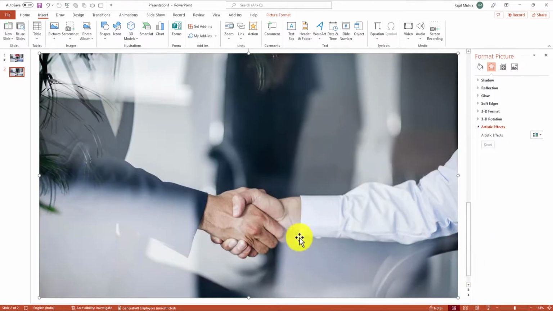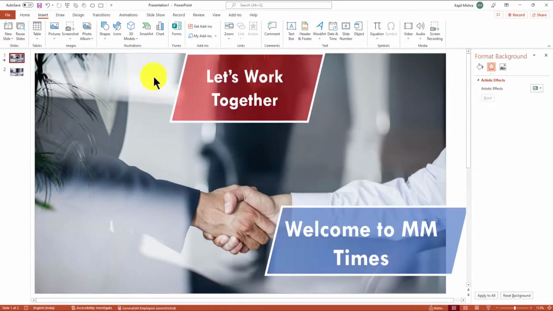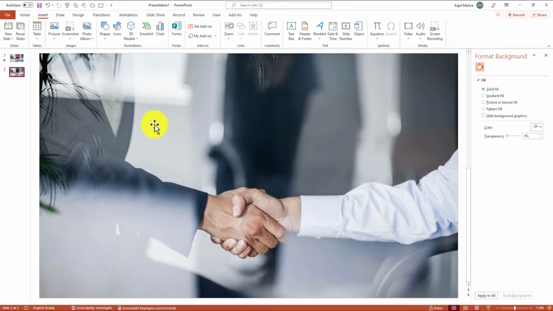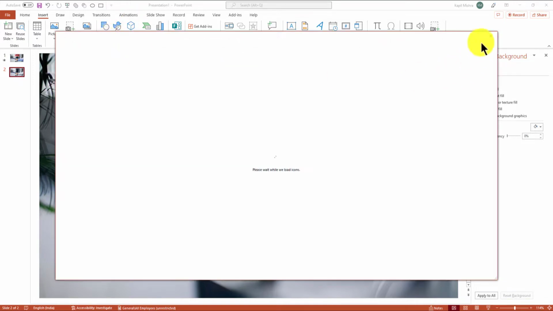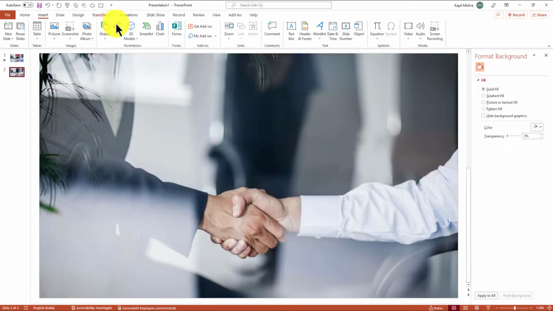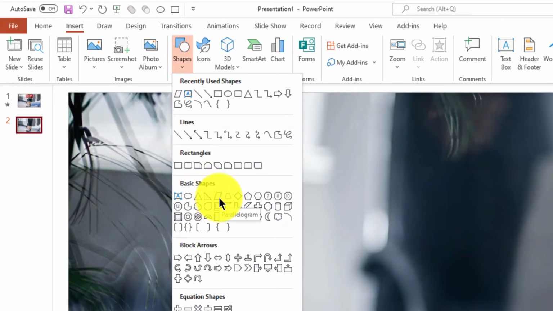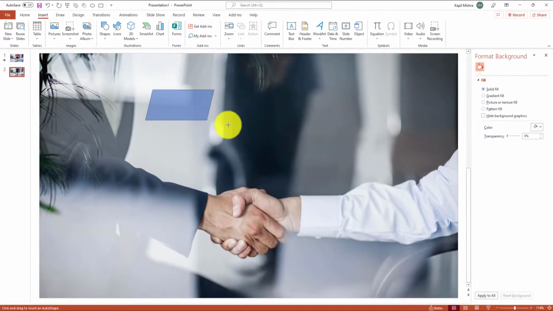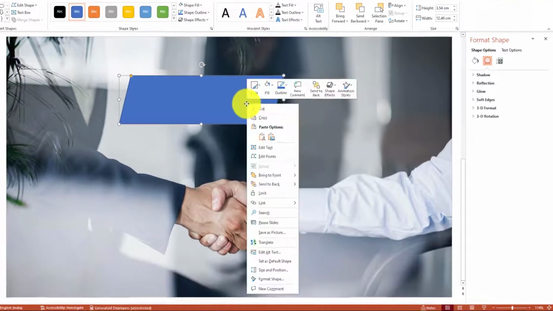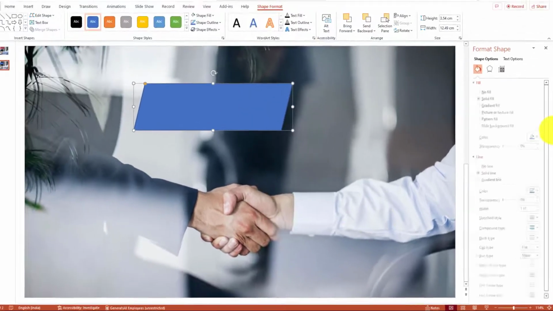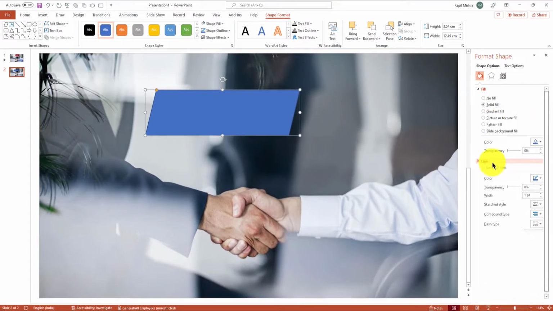Okay, now what do I need to get first? I need to get this shape here. So what this shape is actually, this is a parallelogram, and from where do I get a parallelogram? I will go to Insert, then Shapes, and then go to Basic Shapes, and then Parallelogram, and then just draw a parallelogram according to my wish, and then right click, then Format Shape, close the line for a while,